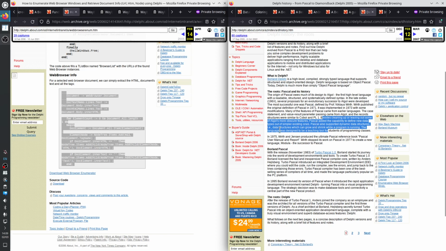Dynamic data structures, what are those? Data structures that can grow and shrink while a program is running. What's that? The T-list? T-string list. Okay, so the programming language was designed to be a teaching tool for students and programming classes to use plain English words. Instead of open curly bracket, you have the begin word, which is an English word. Instead of the close curly bracket, you have end, which is again an English word.